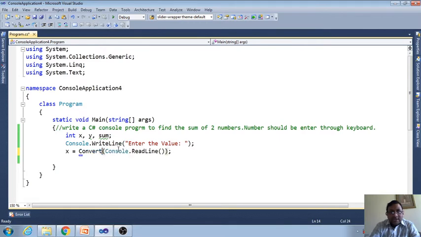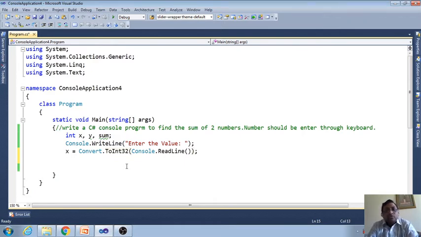Now the question here: for ToInt, three options are available, 16, 32, 64. Which one should we choose? We can choose any one, all will work. 16 is for small numbers, 32 is for larger, and 64 is for the highest. So if you choose 16, no problem. If you choose 32, no problem. And if you choose 64, no problem. I am choosing 32: no less, no more, the medium one.